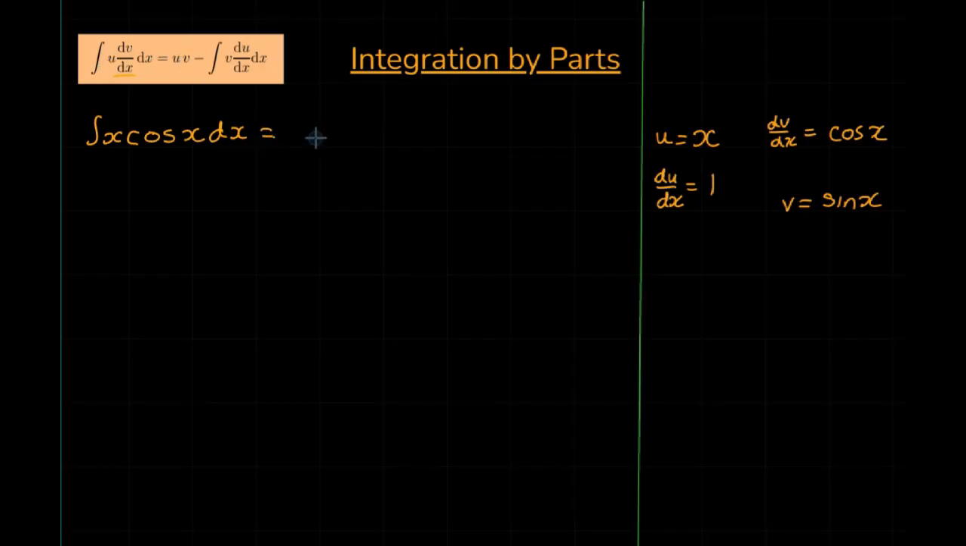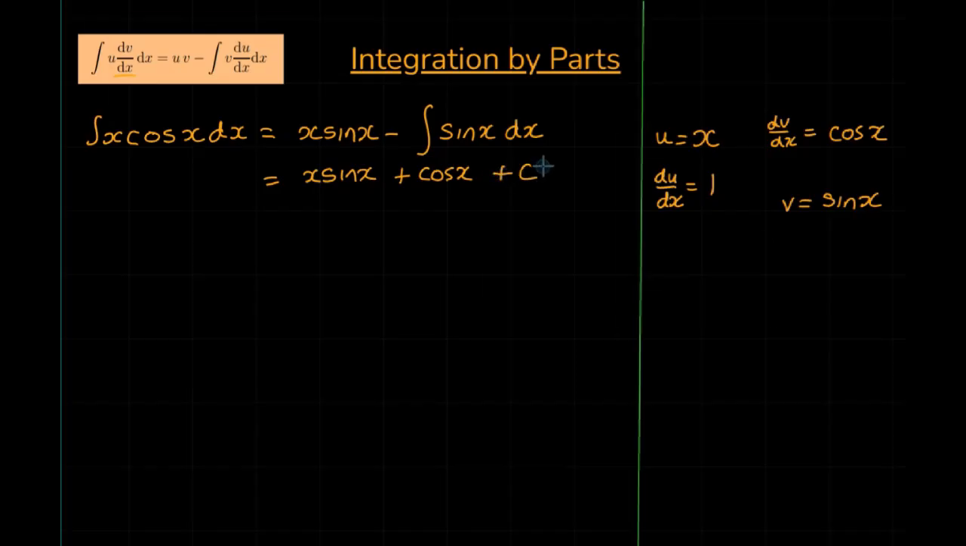All I need to do then is fill in the formula according to this. So it's u times v, which is x sin x, minus the integral of v times du by dx, which is sin x. Du by dx is 1, so I don't need to write that down, so dx at the end, so it's going to be x sin x. Now the integral of sin x is minus cos x. I've already got a minus, so that becomes plus cos x,